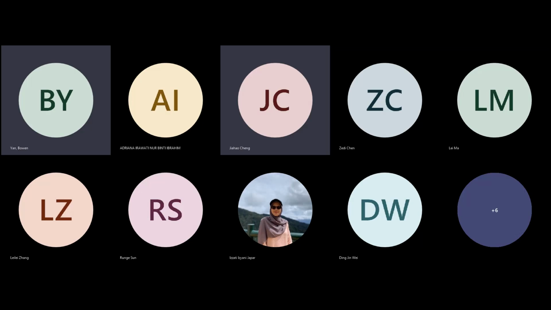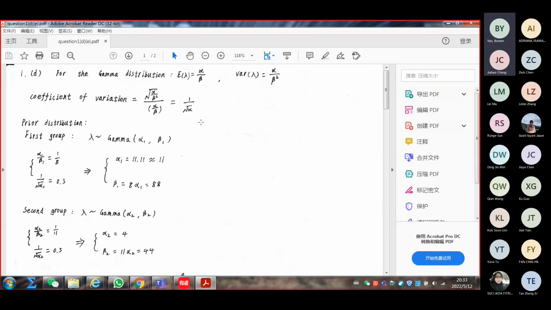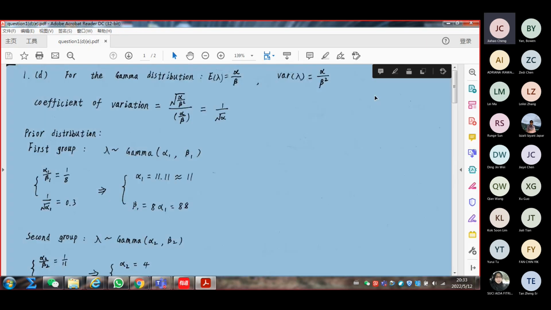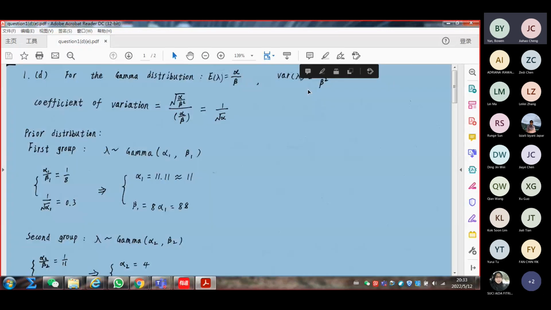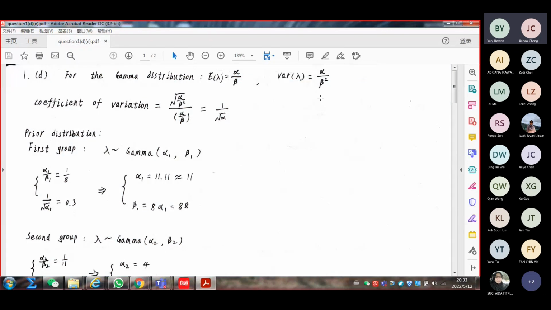For the question D, we can get that it is the gamma distributions, and we can get E lambda equal to this, and the var lambda equal to this. Then we